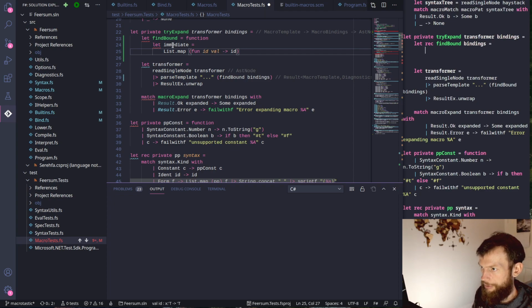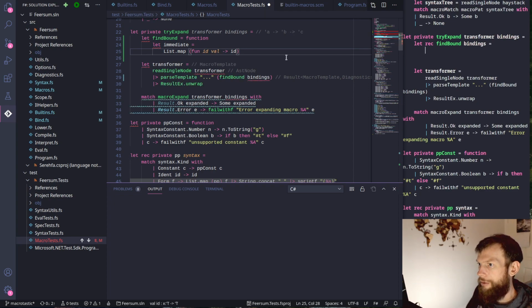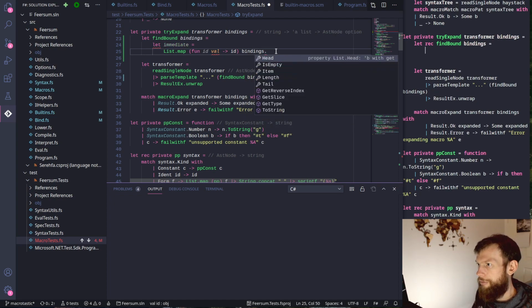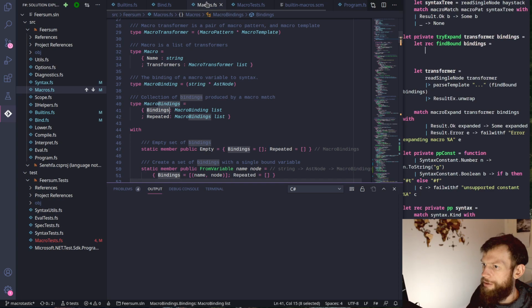And if we map that over bindings dot, I've forgotten already. Bindings dot bindings and then bindings dot repeated is going to be